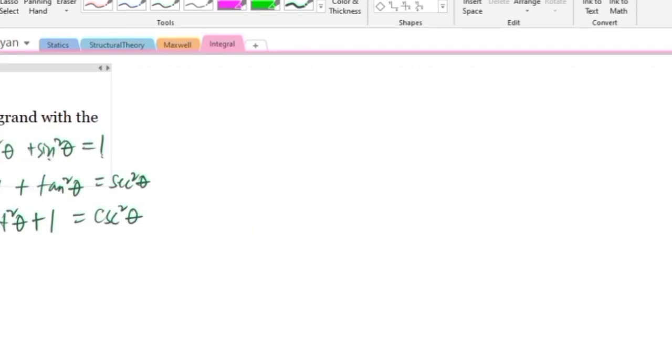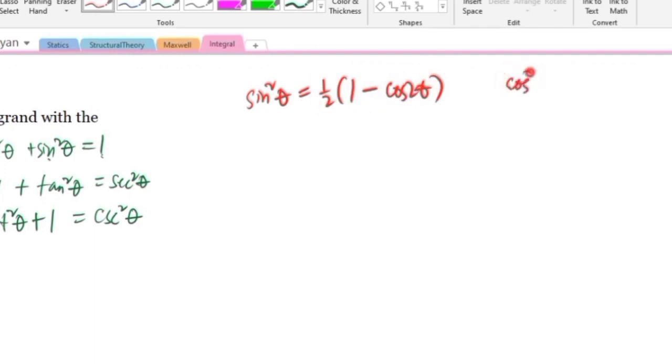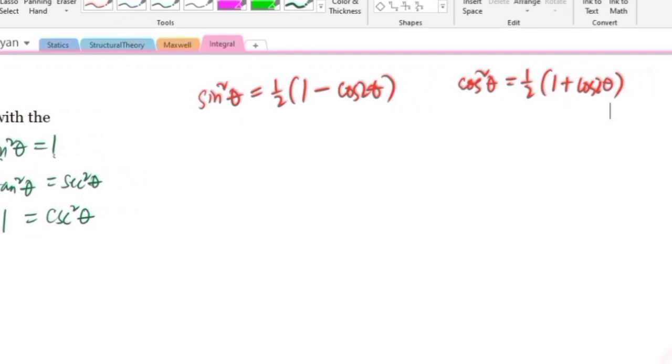Ang papalabasin nating formula dito is sine squared theta is equal to 1/2, 1 minus cosine 2 theta, and cosine squared theta is equal to 1/2, 1 plus cosine 2 theta. So, saan galing tong mga to? If we are going to remember the sum and difference identities,